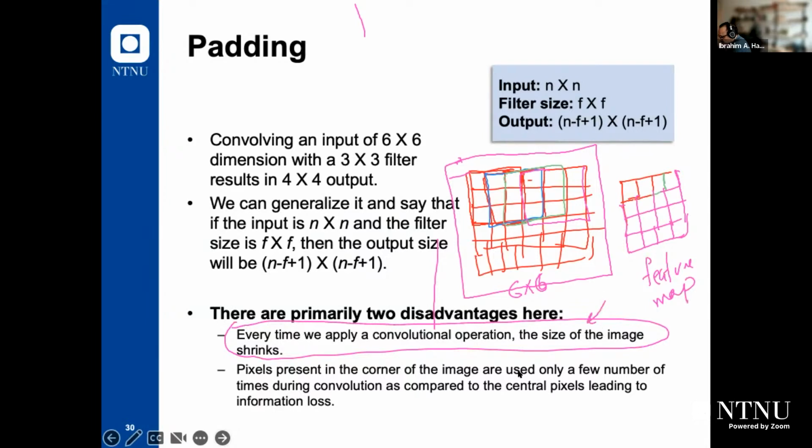But the most important problem here is that we scan those pixel values across the perimeter very few times, compared to the other pixel values at the center of the image, which gives a message to the model that the information coming from those pixel values is not very important compared to the information in the middle. And as I told you, in this example, if you have this system in an autonomous car, maybe you will pay too much attention to cars in front of you compared to other information coming from the perimeters, from the corners